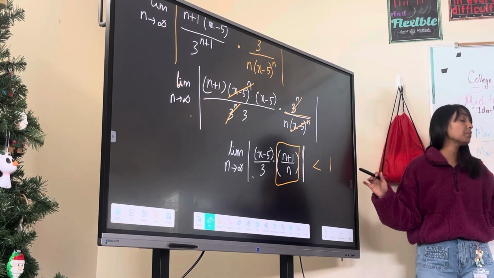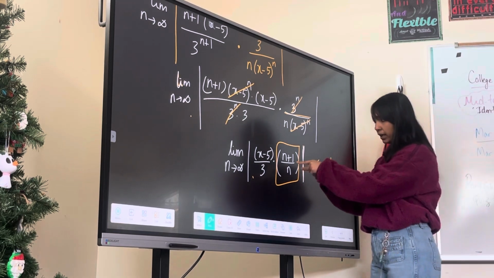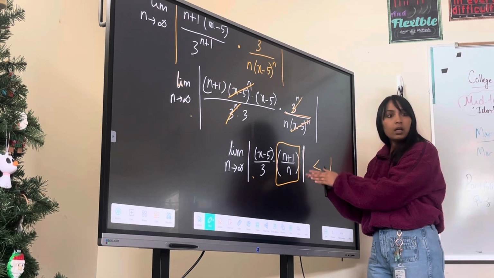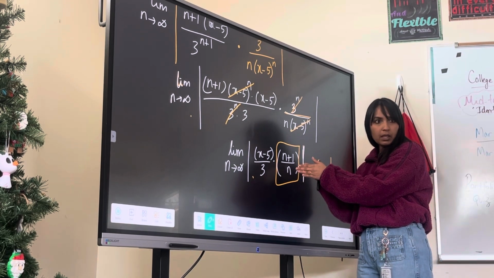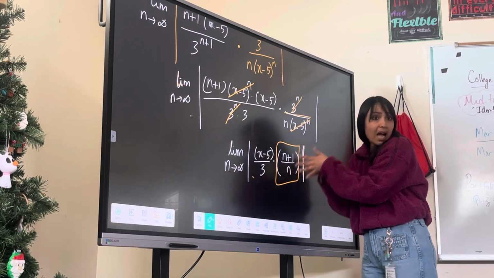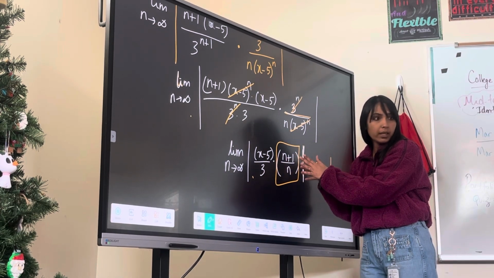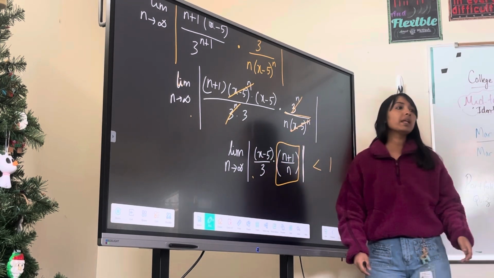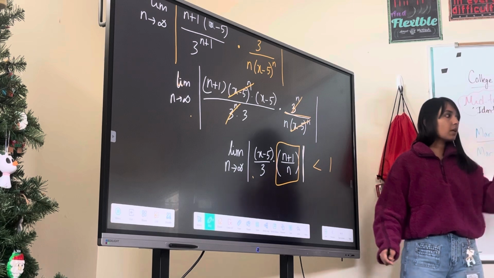Okay, this is how you determine it. When you look at the n limits, you're just going to make the decision based on that. If this is equal to 0 or infinity, then the entire thing is going to be 0 or infinity. If this is not 0 or infinity, no matter what that is, it's going to be 1, then the entire thing will be less than 1. Okay? So now,